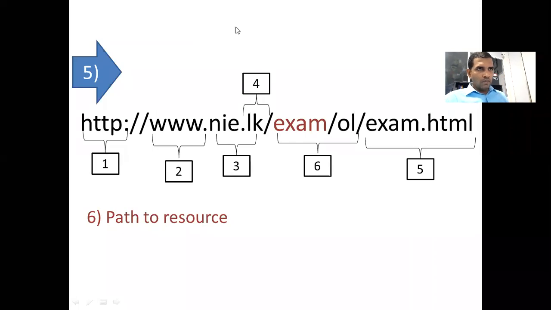What is the domain name here? It is nie.lk, it's a domain name. So what is the last part? LK. So LK is the TLD here, right? So if I take one more example here,